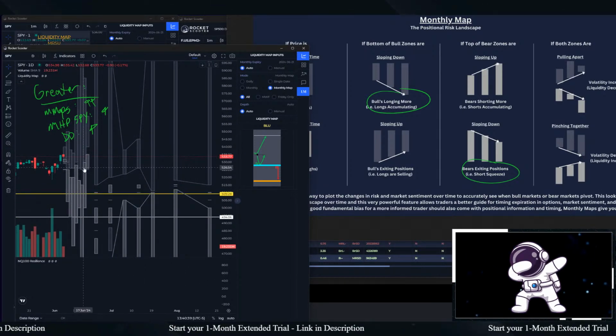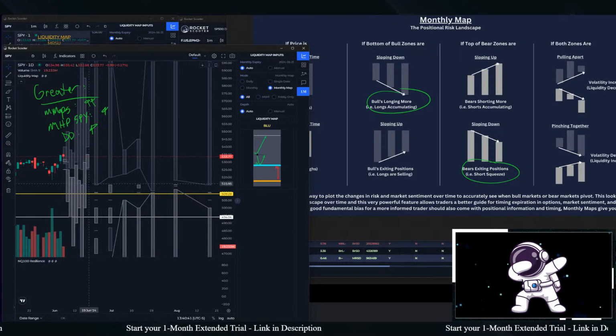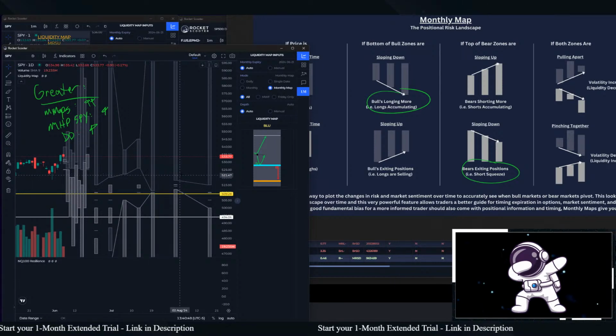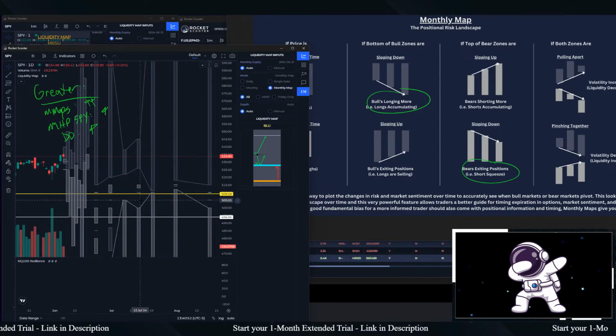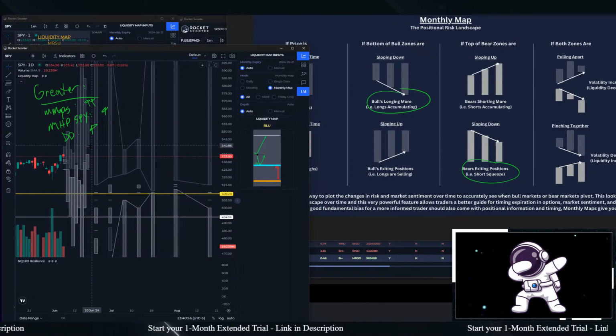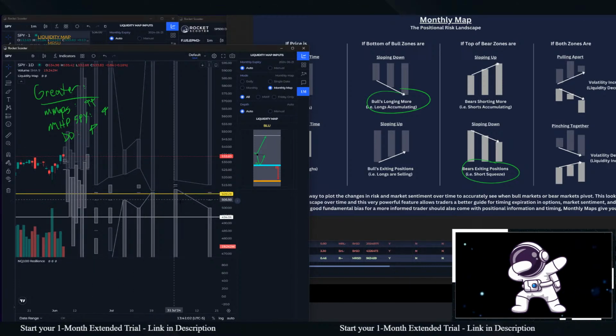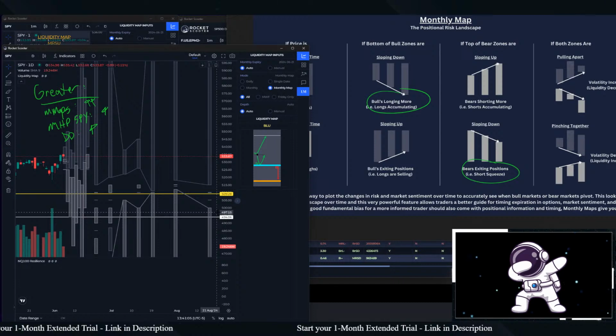SPY, bull zone, while choppy, and it's got some liquidating periods. Still sloping down in general with a few profit-taking weeks. And bear side, still in general, sloping way down as well. So while there is some kind of interesting mechanics in here, like some selling off leading into monthly expiration in June, after June, the visibility is still bullish as long as Fed doesn't do anything crazy, whatever.